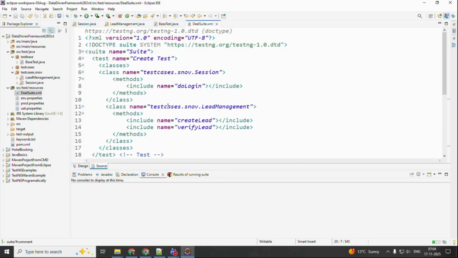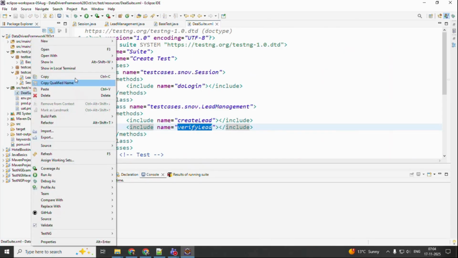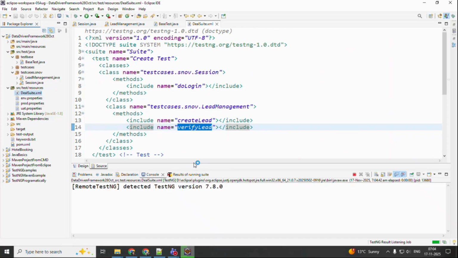Now there is only one test case, that is your do login. After that, we'll go to create lead, then verify lead. This is the test case we have only. Now, if I run as TestNG suite,